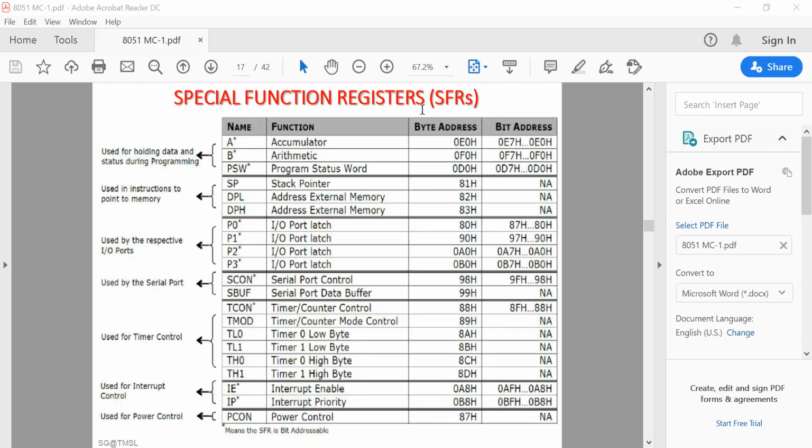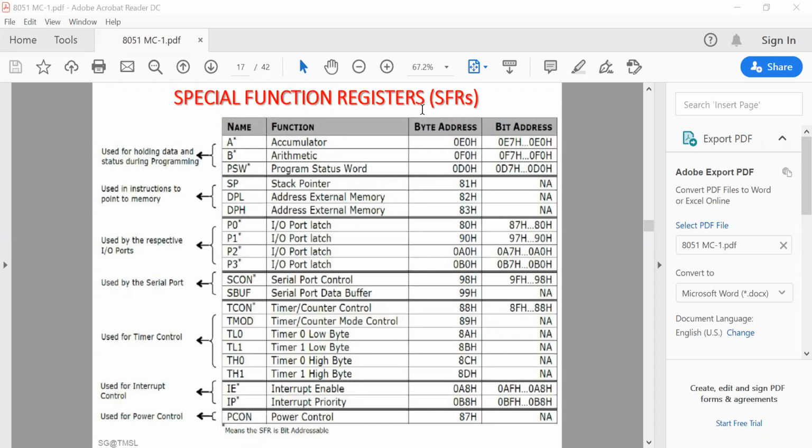Now, these addresses must not clash with any other addresses of the existing memories. Okay, so a total of 128 bytes of on-chip RAM is available. Now, this RAM is available for different purposes: register banks are available in this memory portion, stack operation can be implemented in this memory portion, and general purpose registers are available here also.